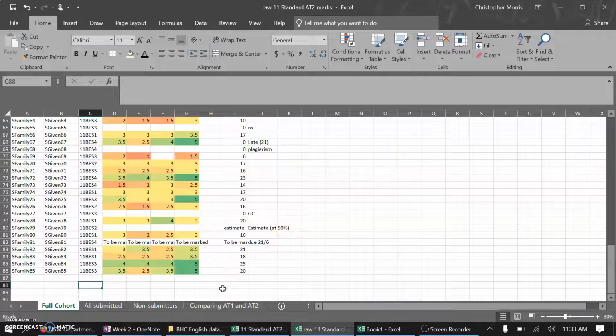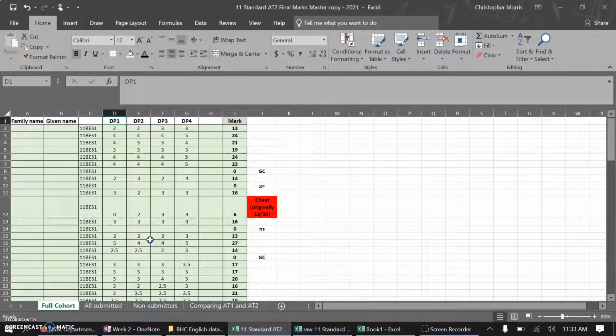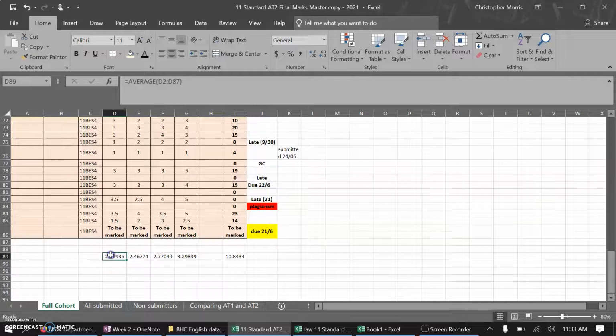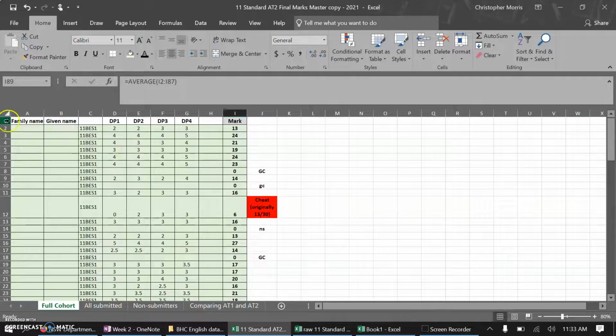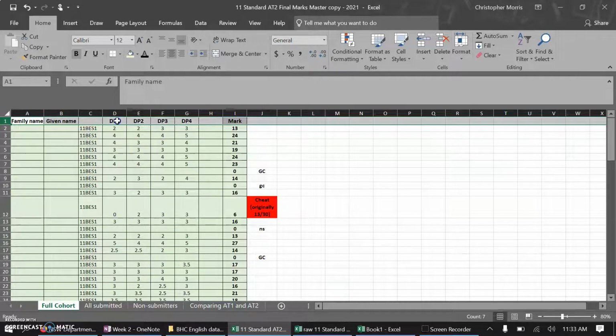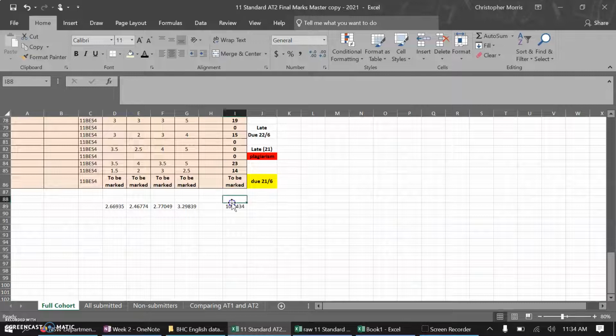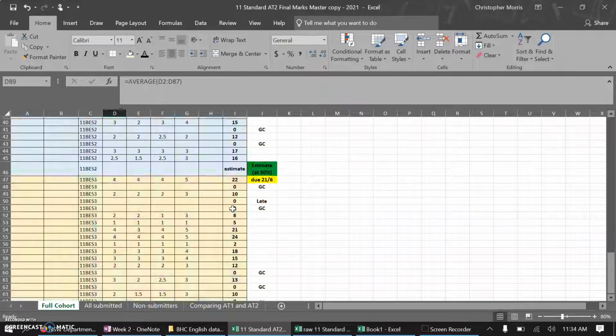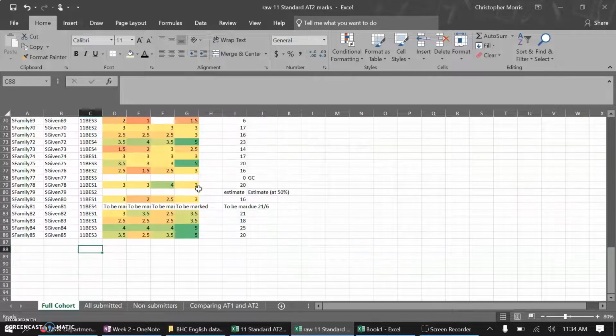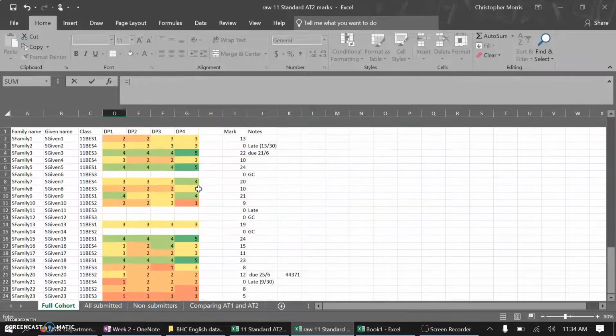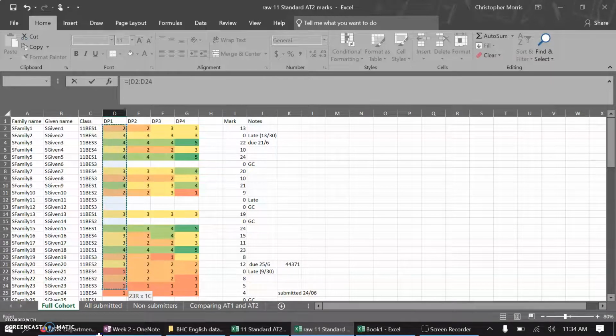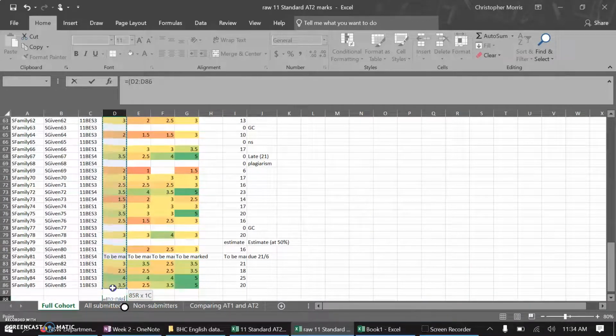We were looking at making average columns because in this one, at the bottom here, I have some average columns, which are the averages of dot point one, dot point two, dot point three, four, and the total mark. Though it's still not as pretty as it could be, we're going to work with what we've got. So, as I explained before, equals bracket, and for this one, I'm just going to drag down all the way down to here. I'm going to close the bracket, and